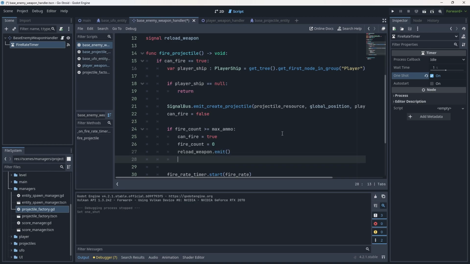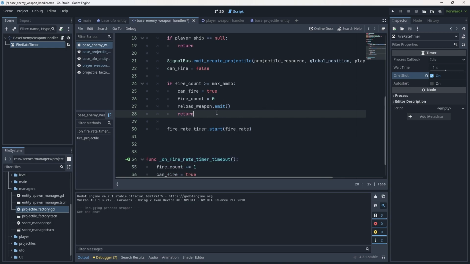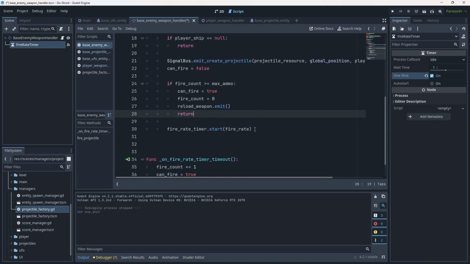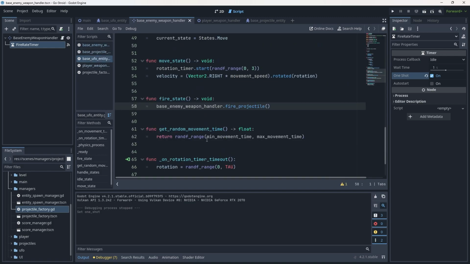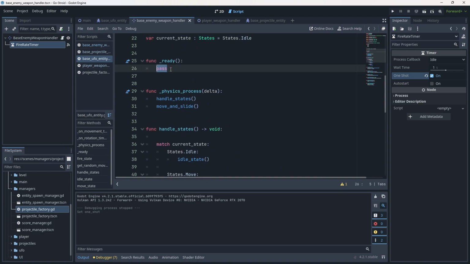So let's do that. And to stop the fire rate timer from firing again, we are just going to return out of the if statement and therefore the code block. There we go. Hit Control S or Command S and save. And that's actually it, right? Now we can go back into our base UFO entity, into the ready function here, and call base weapon handler dot reload_weapon